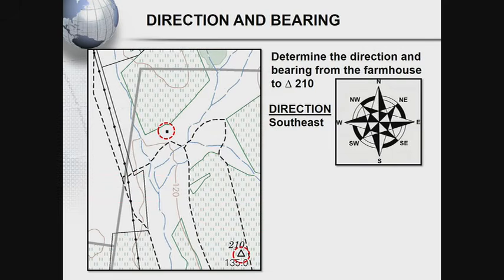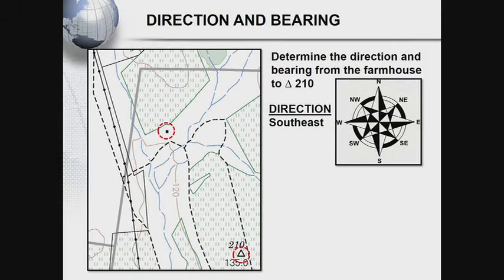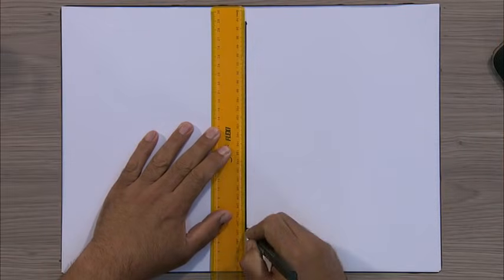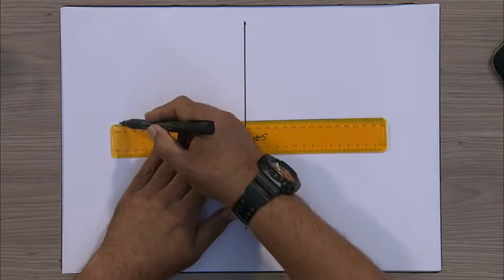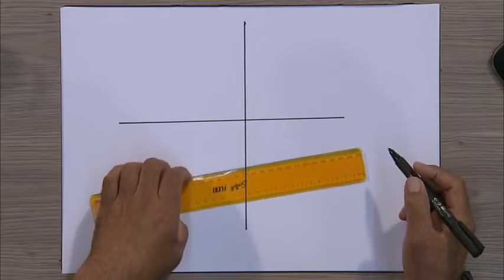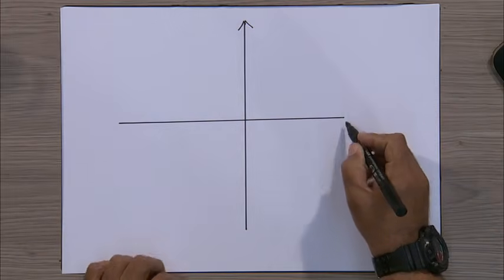Right. Direction and bearing. Everybody's nemesis. Now, direction and bearing are very, very closely related. Before I go on to my PowerPoint, I'm going to show you something very, very easy that should make your life much easier. So on my sheet of paper in front of me, I'm just going to draw a line, and my drawing is going to be very, very rough, but that's not a problem, and I'm going to draw another line. So on a map,